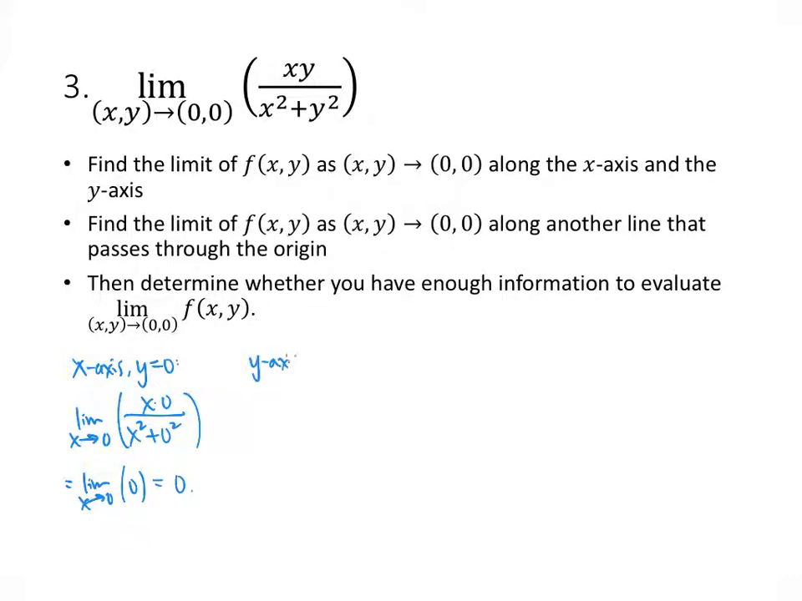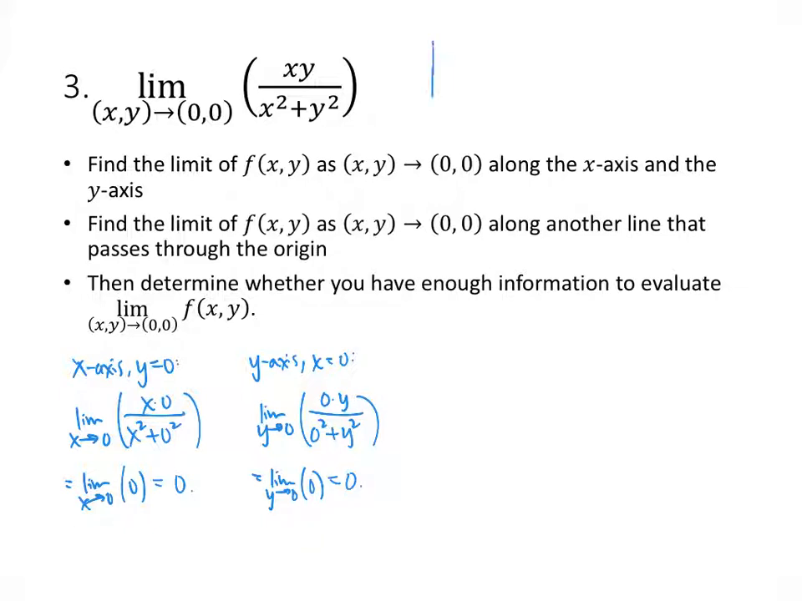Similarly, the y-axis, that's where x equals 0. That's giving me the limit as y goes to 0 of 0 times y divided by 0 squared plus y squared. That's also just the limit of 0. And that's going to be 0. So again, it's looking like this one's going to be 0, but let's see what happens when we pick a